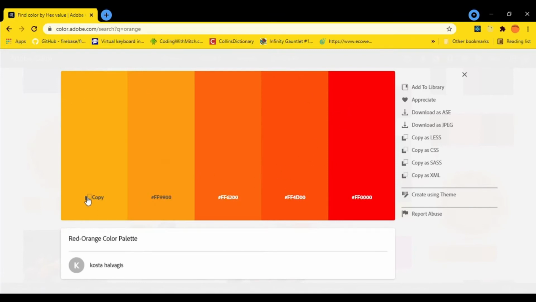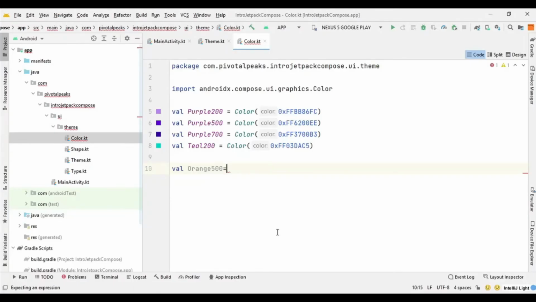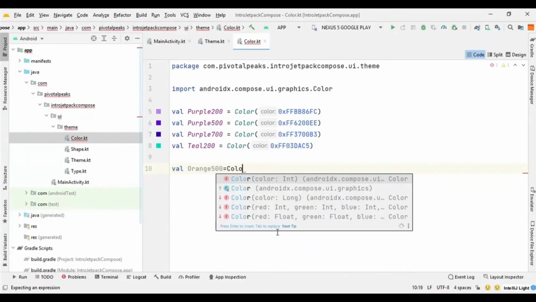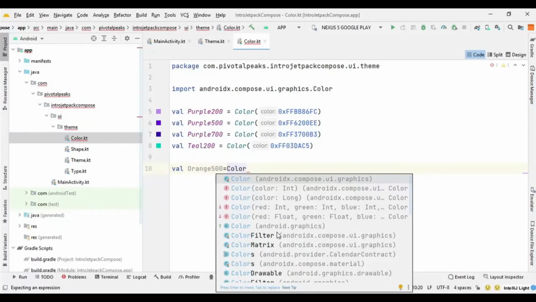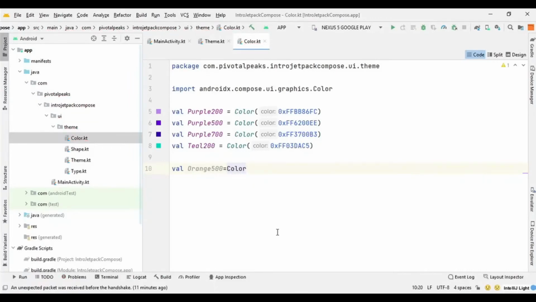So let's copy this color, and here we need to declare a color. So we will choose the color, and you have to import the androidx.compose.ui.graphics color, and then you just pass this color. So Jetpack Compose works with ARGB colors. It only takes ARGB colors.